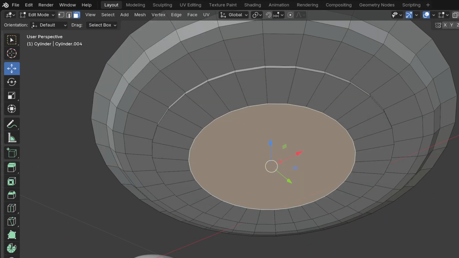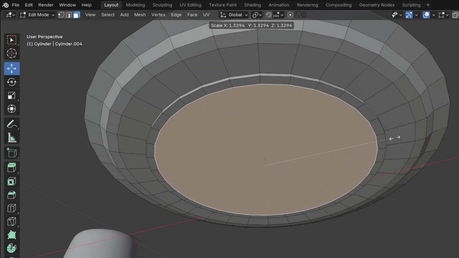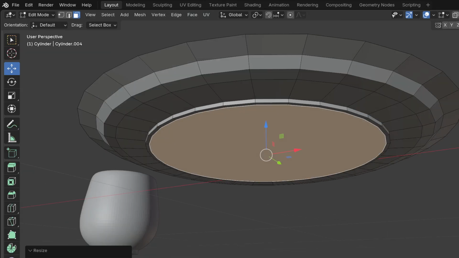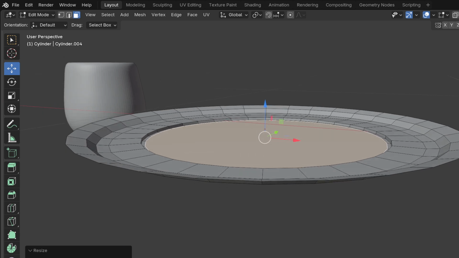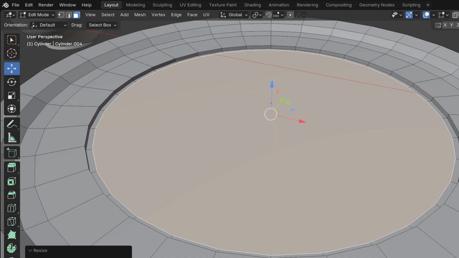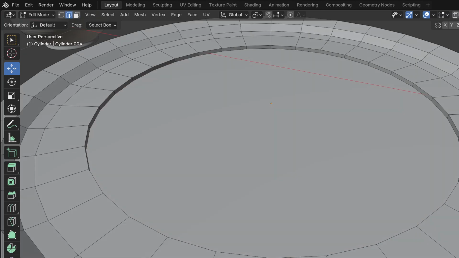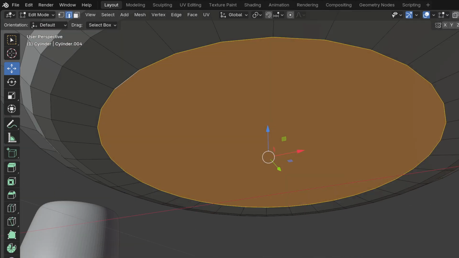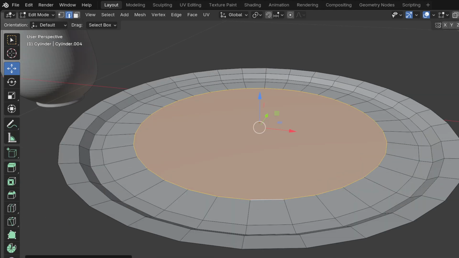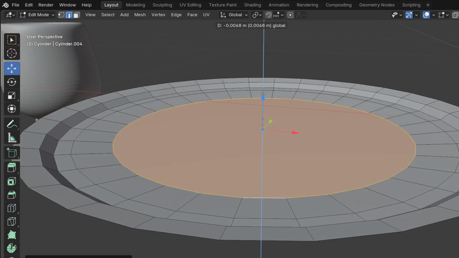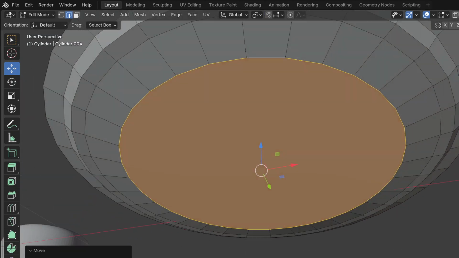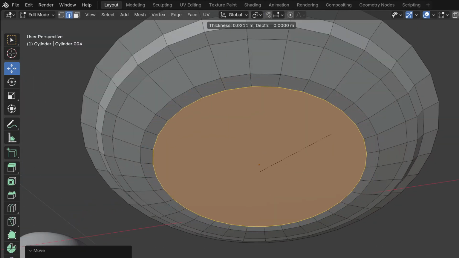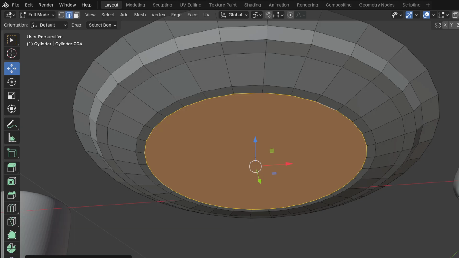So try and get that little ring that a lot of these have. So actually, let's go like this. Maybe it would have been a better idea to move... Instead, we take this ring, move it down, inset, then